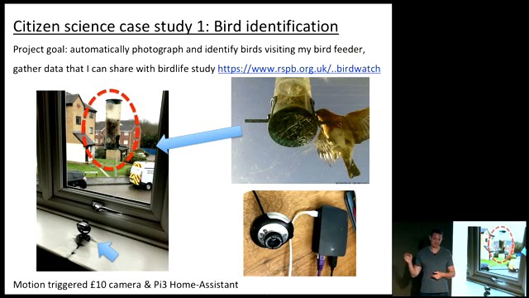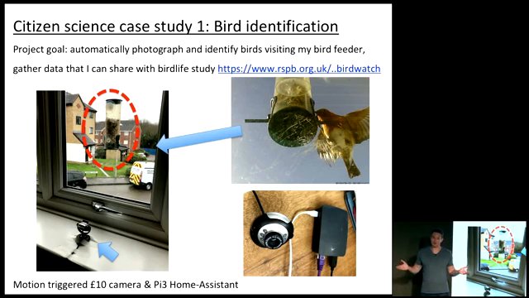It turns out there are all these science studies that are run by organizations like the RSPB, Royal Society for Protection of Birds. And what they ask people to do is to watch their bird feeder and then write down the birds they see coming. And then at the end of however long this project runs for, 3 months or so, they send in that data, and we can get a picture over the whole country of what's going on with the bird populations.